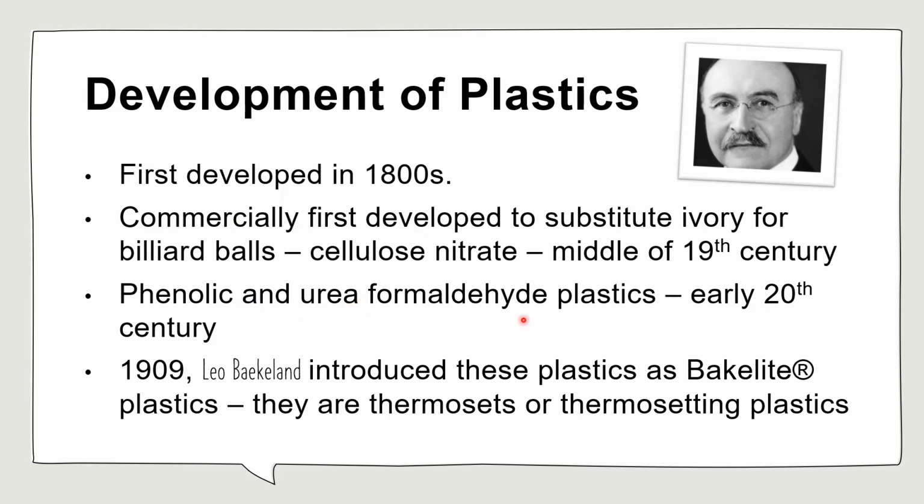Phenolic, urea, formaldehyde. Okay, those are the very first types of plastics, and they came out in the early 20th century. So this is a guy named Leo Baekeland, alright, in 1909. What he did is he started the Bakelite Plastics Company, and they're all thermosets, by the way, and we call them thermosetting plastic. The word setting means it won't return back to the original form. It can go through one heat cycle, and then you set the plastic, and the plastic will stay right there at that shape, yeah.